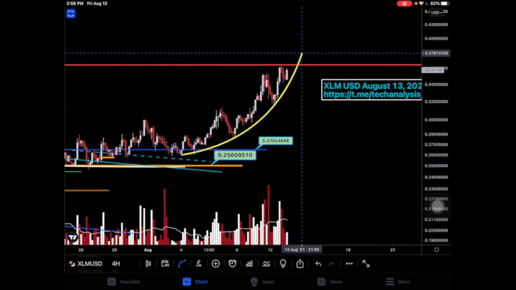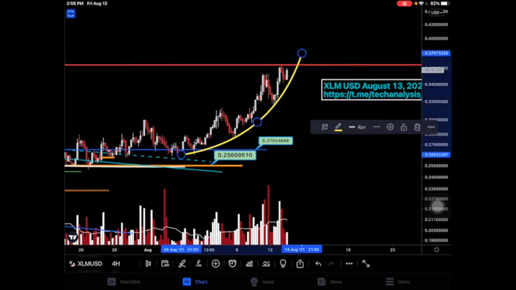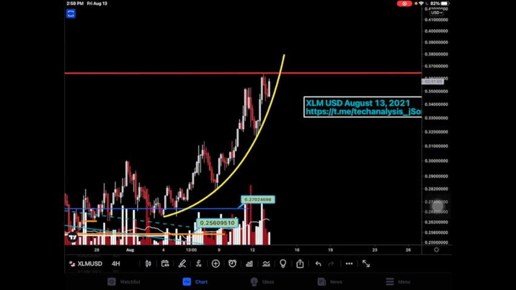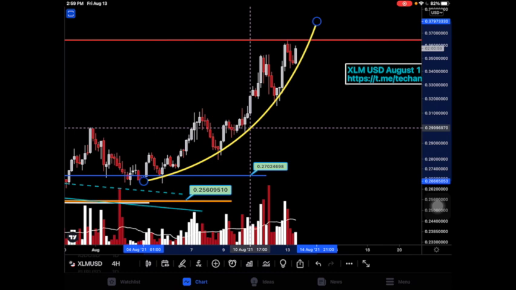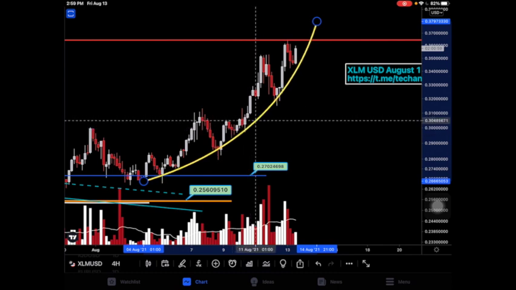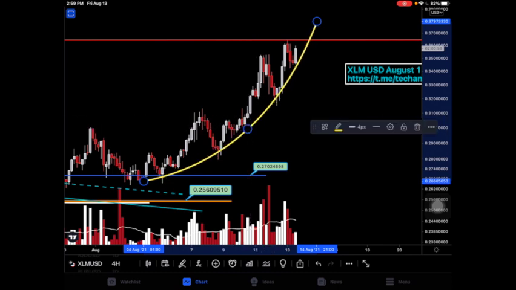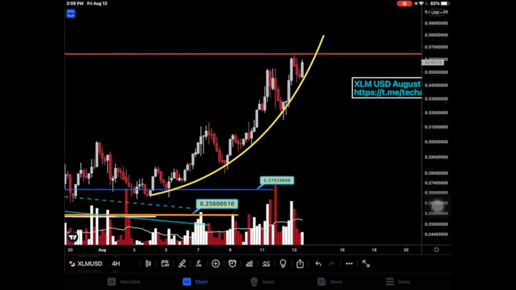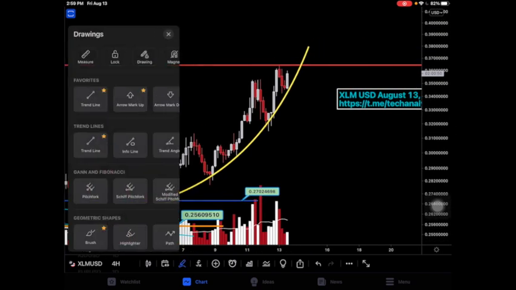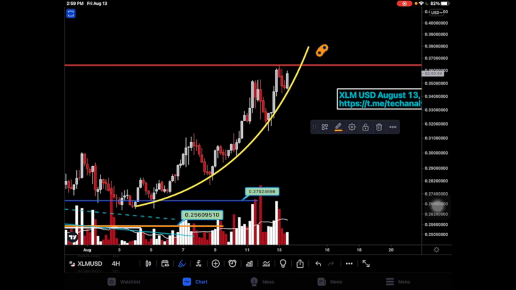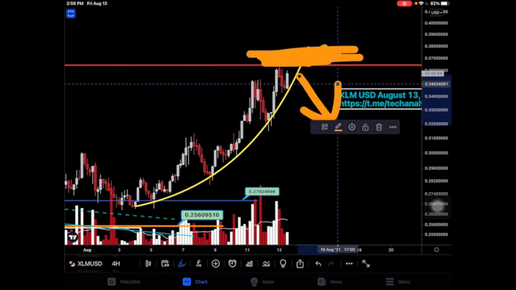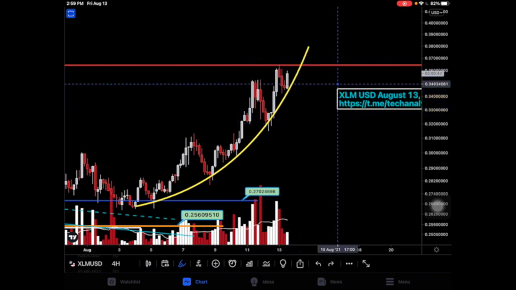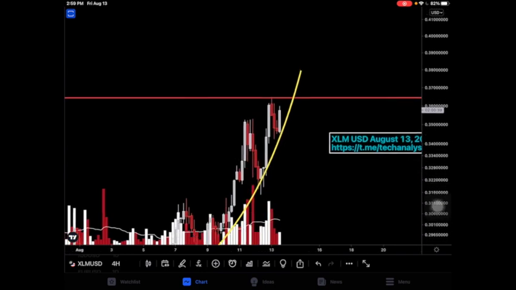First thing my eyes notice is that we're in a parabolic. This is good for higher prices. And what I did was I just connected the bottoms that I can see with my eyes in a very balanced way. If I'm just drawing those curves, about right there is balance. So price is looking pretty balanced. We would expect two things. Either price is going to hit this point again, this roof, like it's a roof, and then come down. Or price will challenge that roof one more time,